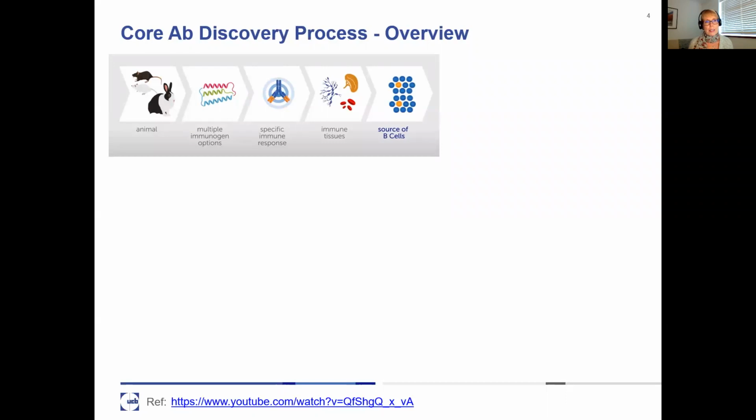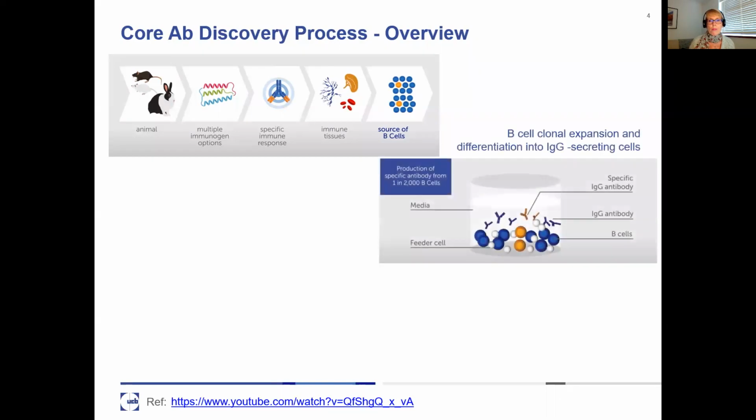So I thought I'd start this talk by discussing the antibody discovery process at UCB. Once a target has been identified, and this is usually a protein, animal models are immunized with this protein expressed on either beads or cells. The animals generate an immune response. We then harvest the immune tissues and generate a source of B cells. And we predict that about 1 in every 2,000 B cells will be generating an antibody specific to the antigen